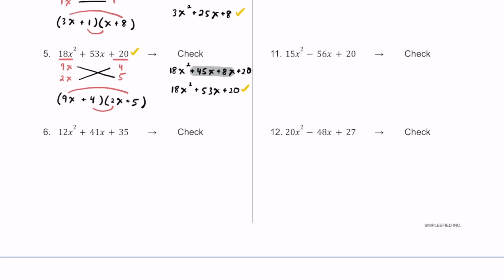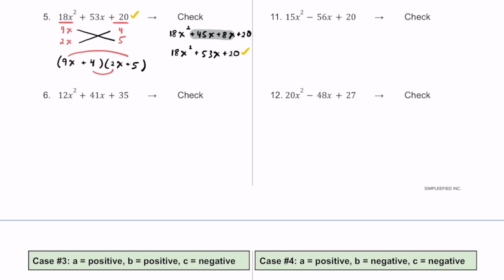All right, last one of these types. Let's check out number 6. We have 12x squared plus 41x plus 35. Now 12 is a composite number, so let's see if we can think of 1 and 12, or we can think of 2 and 6, or 3 and 4. I'm going to start with 4 and 3 just because they're closer together, and then we'll work our way out